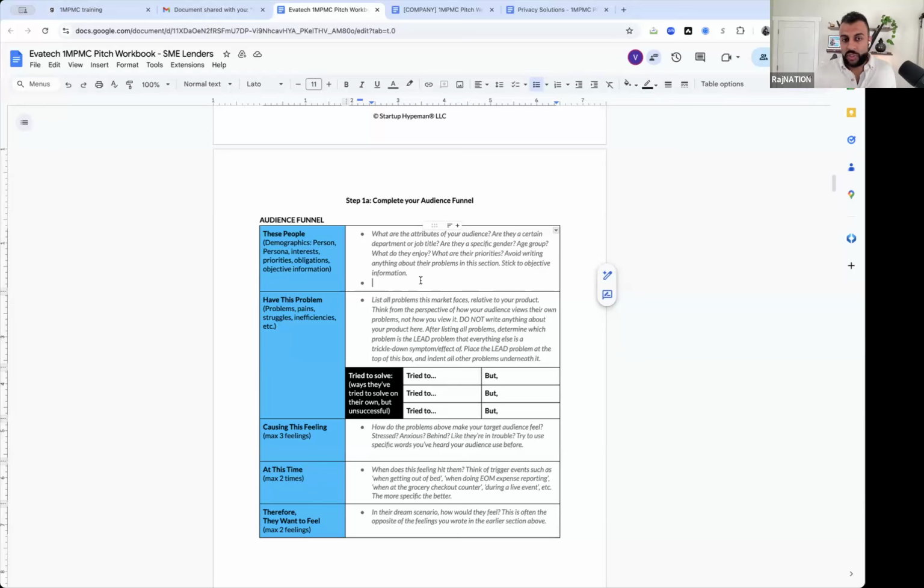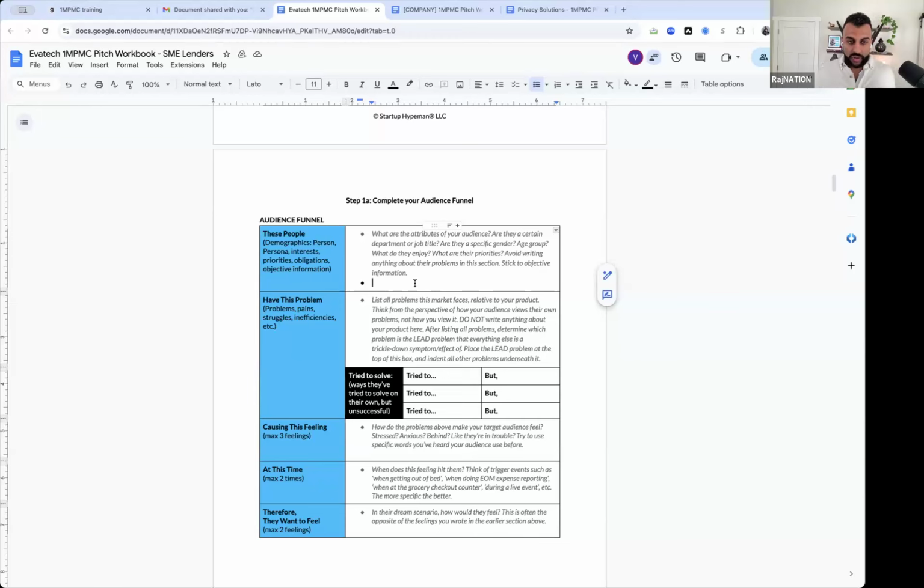Are they in a certain age group? It doesn't have to be all of these things, but the things that matter based on what your product actually offers. I also recommend, as you're doing this on your own, just change the color of the text when you start typing, so that way you can distinguish easily between what's the prompt and what's your actual answers.